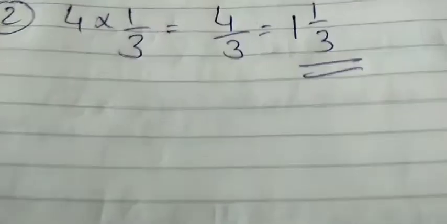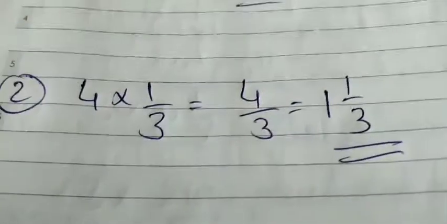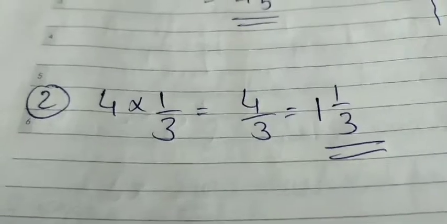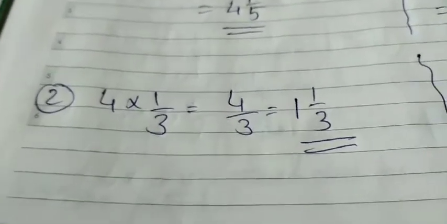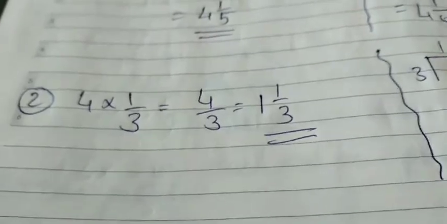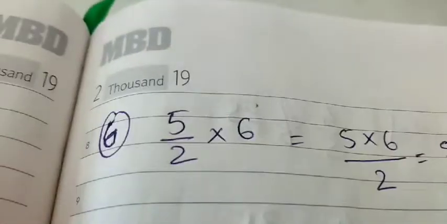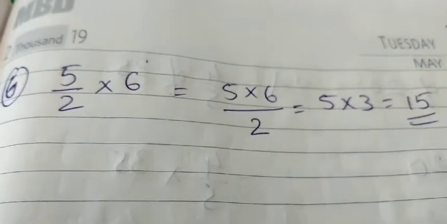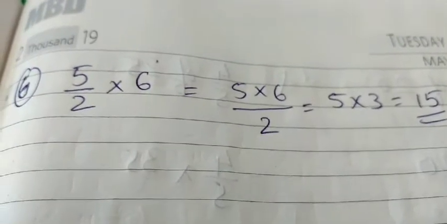Likewise, you have to continue with the other sums. A few I am going to do for you and the rest you have to practice yourself. Okay, 4 integer multiplied by 1 upon 3, or 4 multiplied by 1 upon 3, gives you 4 1s are 4 divided by 3. Divide 4 by 3 and you get 1 integer 1 by 3. Next, see, you can see the number. First number, second number, and directly I have jumped to 6th. Because after doing these first two sums, the rest of the sums, that is 3rd, 4th, 5th, you can do yourself. They are as simple as the first and second one which I have solved for you.